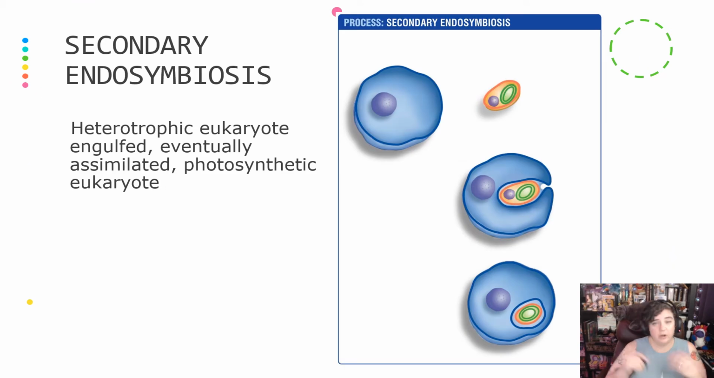Right, so secondary endosymbiosis is very similar to how primary endosymbiosis happened, except instead of it being a bacteria that got engulfed by the eukaryote, now it is a small photosynthetic eukaryote that gets engulfed by a heterotrophic larger eukaryote. And I'm going to draw this out again on the next slide with you so we can talk about where all of those are. All right, so we're going to go through it again,